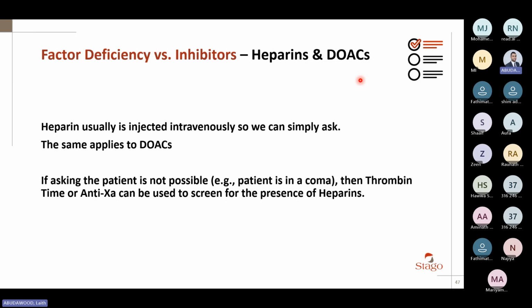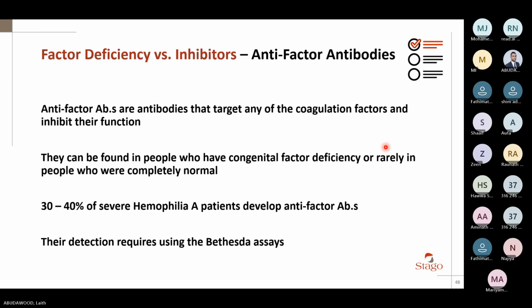Lupus is the next possible thing. Why did I not think of antifactor antibodies? Because antifactor antibodies are very rare. Lupus is much more likely. So I start to exclude things one at a time. I go on lupus. Is lupus positive? No, lupus is negative. Then I'll start to suspect, for example, antifactor antibodies, because I excluded the heparins and DOACs and lupus. Okay. Now, next step,